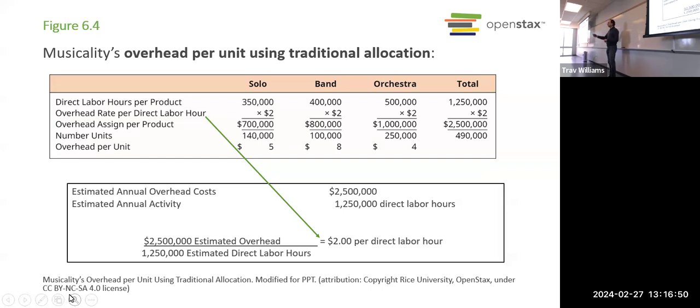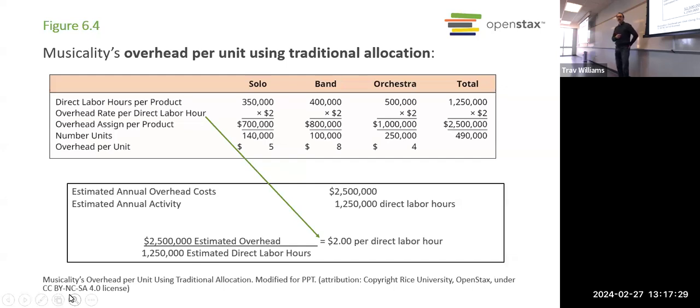So now, as they're going through the year and they're making these recorders, they can apply overhead costs. It's an estimate, right? Might not be 100% correct. It's probably not. But at least it gives them an idea of what's the cost of overhead for their different recorders. So now that they have that rate of $2 per direct labor hour, they could take the number of direct labor hours for each version of their product, multiply it by the $2 rate, and come up with the total amount of overhead that they're expecting for that year for that version of the product.